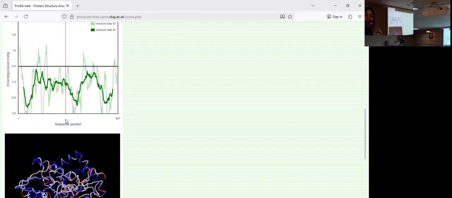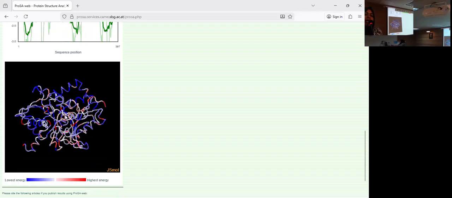And this is a representation showing, for every amino acid, its own lowest energy and highest energy. So from here as well, visually, you can see which amino acid or which region is more energetically stable. The bluer region means lowest energy, which means a stable model. And the red one displays low quality, higher energy, less stable. So the regions in red are less stable, and the regions in blue are stable.